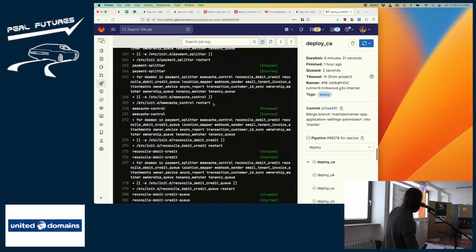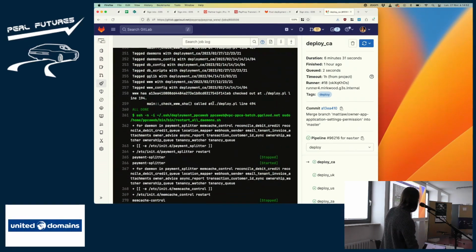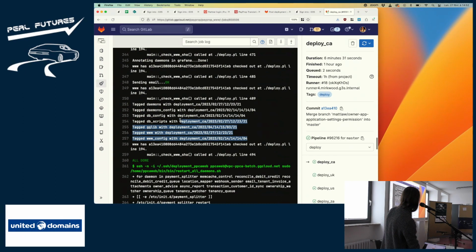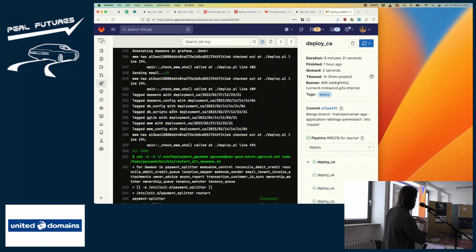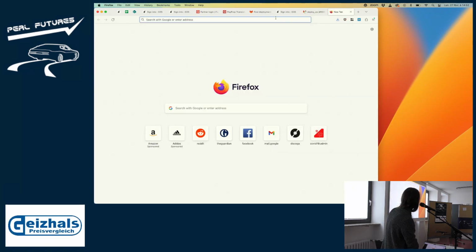And then we restart some services at the end, and we tag releases here. This then goes out to a Slack notification and email notification, and also, is it that? No, it's not there. So if I go to